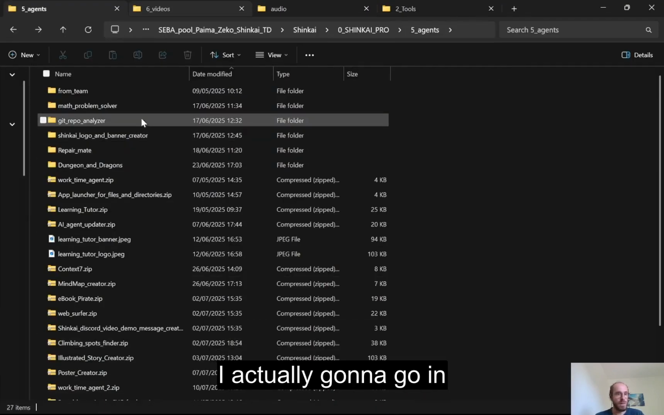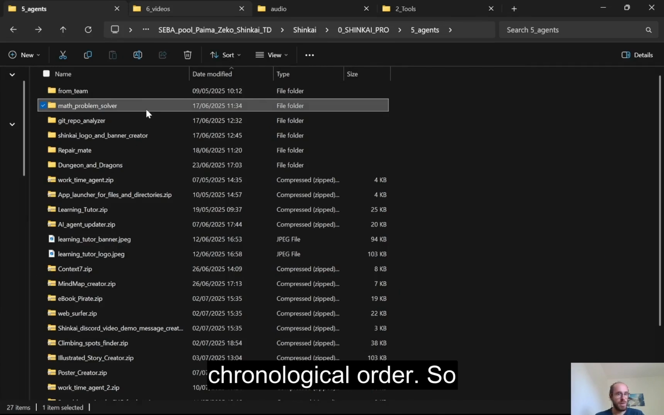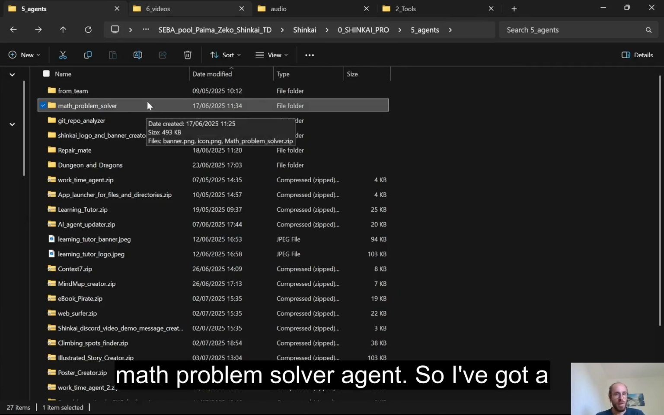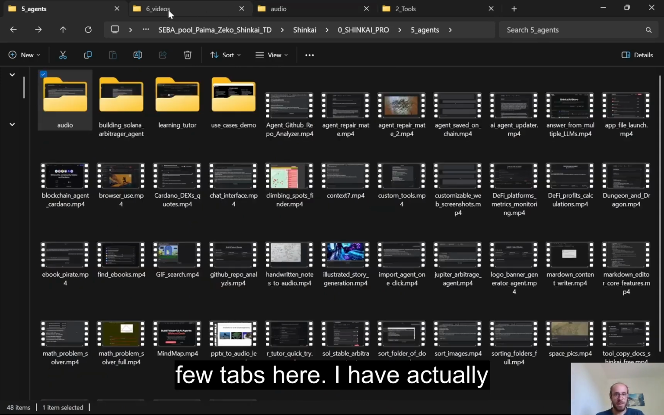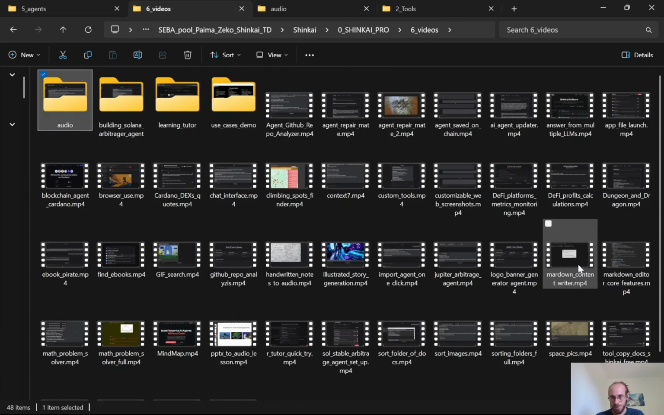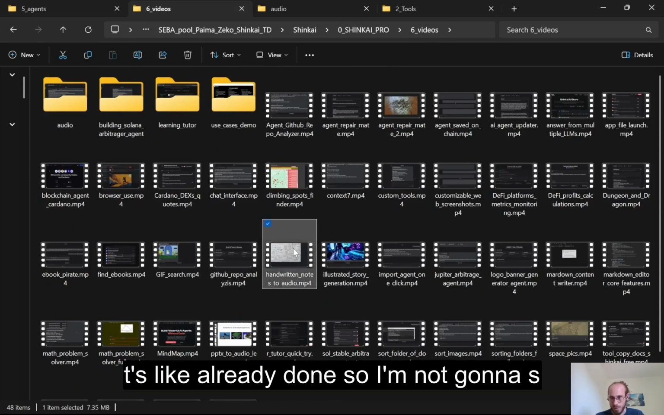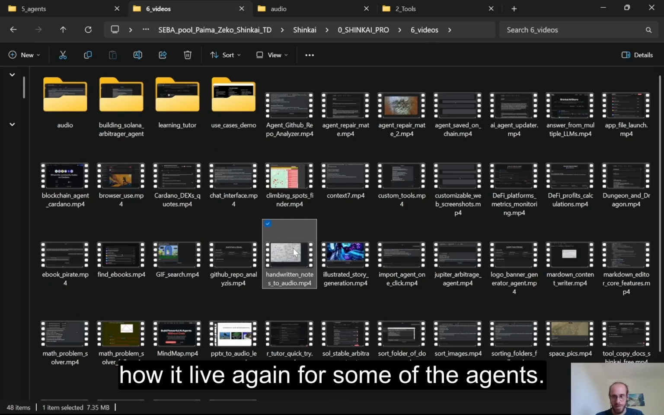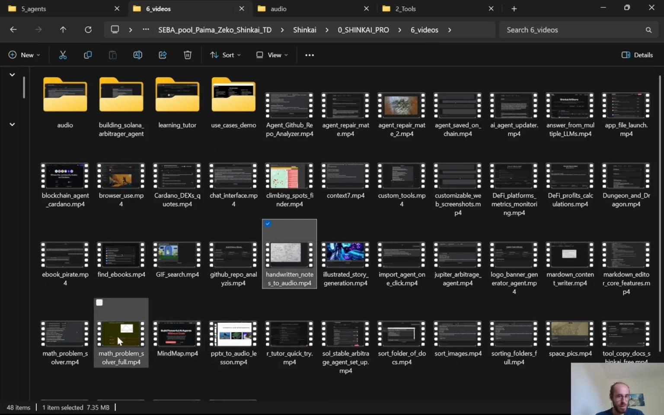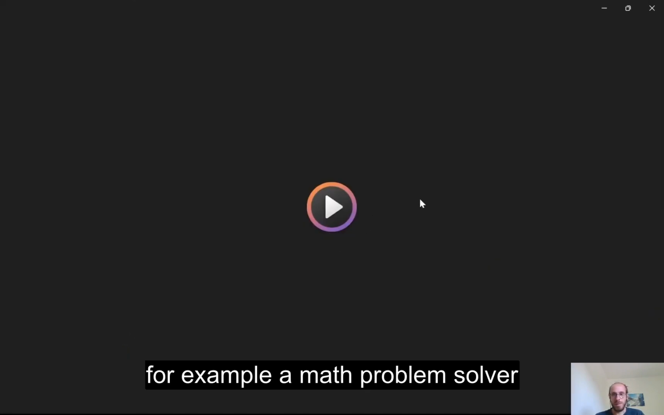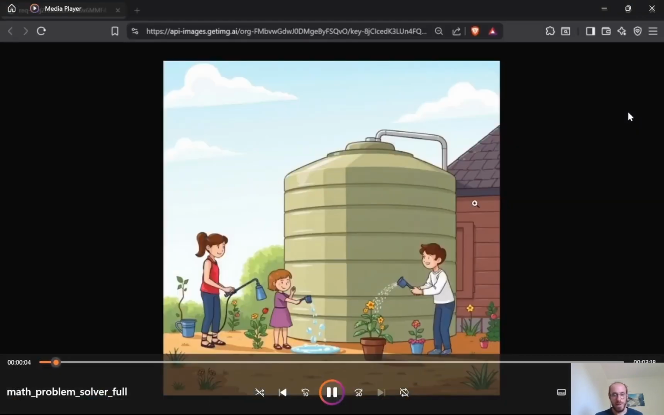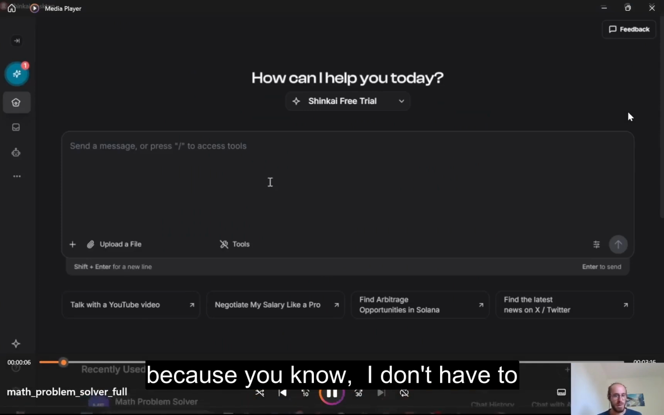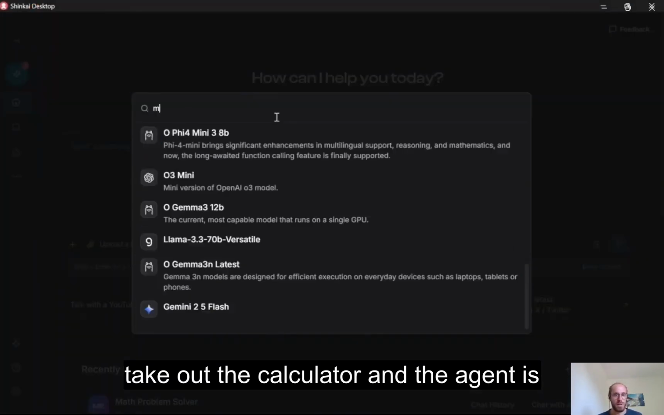So I'm actually gonna go in chronological order. So math problem solver agents. I've got a few tabs here. I've actually already made some demos, so that it's already done. So I'm not gonna show it live again for some of the agents. So for example, math problem solver is very handy because I don't have to take out the calculator, and the agent